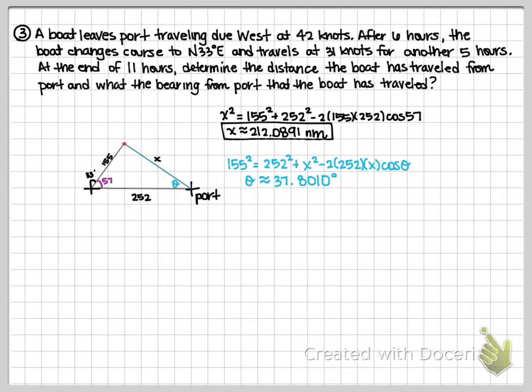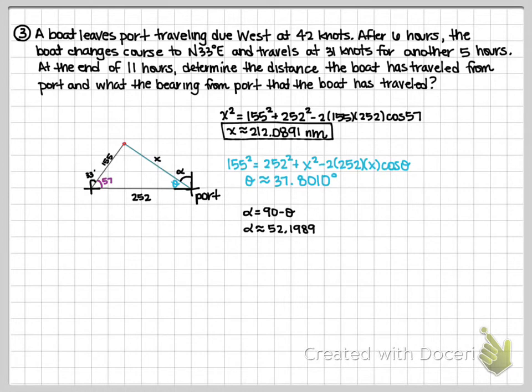But again, when I want to find my bearing, I have to go back to the port of departure. It needs to be an acute angle, and it has to come from due north or due south. If I take a look at this, the only way for me to get that acute angle path would be from due north. So that is the angle that I need. Likewise, I find it the same way that I did before. So I know that alpha is just going to be complementary with theta. So if I subtract those, that's going to give me that angle on the outside, which I believe is